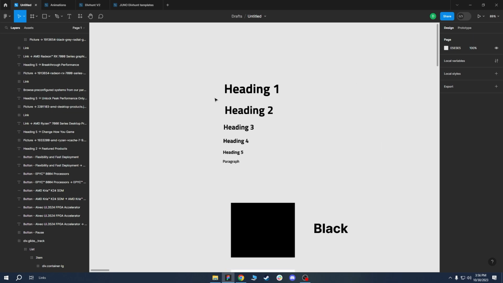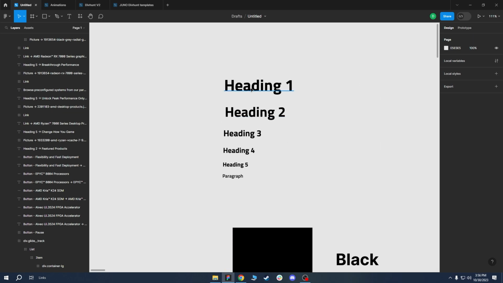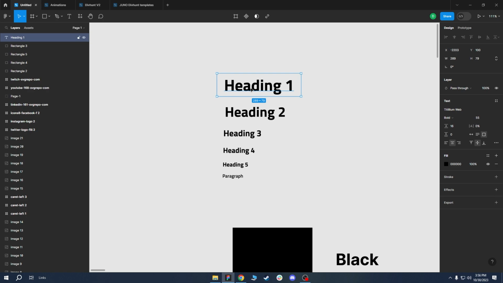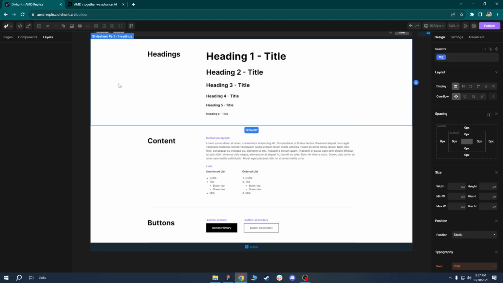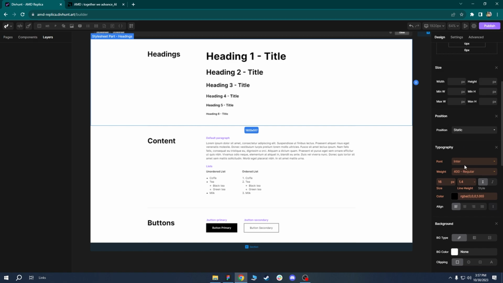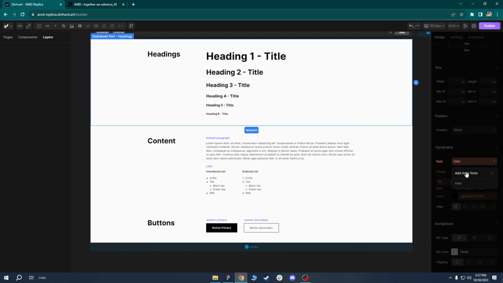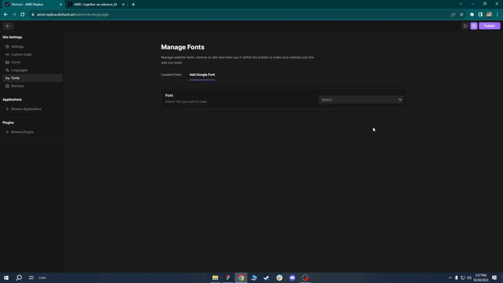Here I made a small style sheet, as you can see, so it can be helpful for me. So let's begin. Firstly, I would need this font called Titanium Web, so let's go and install that font. To do that, I can simply go to the font here and go add more fonts. Now here all I have to do is type in the name of the font, so I will start typing